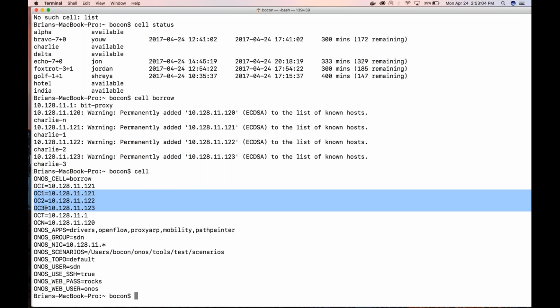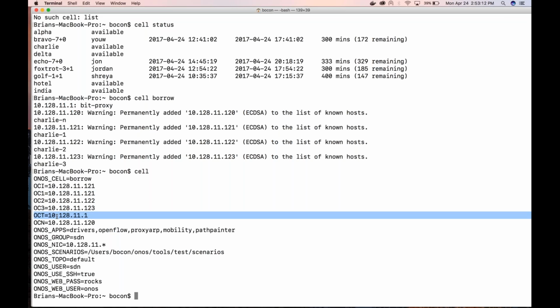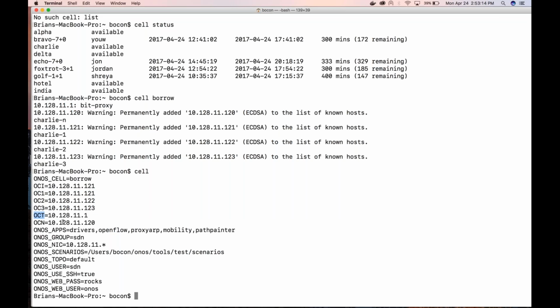The only thing that's important is that these containers have network connectivity to one another. Okay. And then in this case, there's also what we call OCT. So there's a test harness, and the reason this exists is